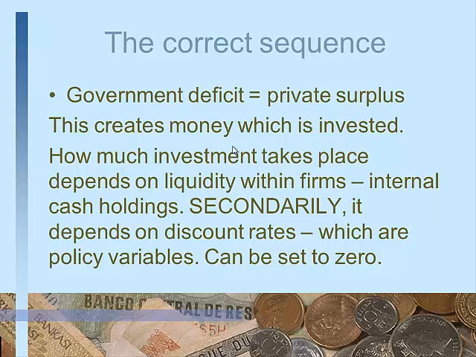Okay, I have explained this slide. Basically, a lot of investment takes place due to internal funds which are held by the firms. Firms also have reserves in terms of cash and savings, and they like to use these savings to invest rather than to borrow. So if they have internal liquidity, they will make investments regardless of what the rate of interest is. So the amount of investment is not subject to crowding out in the way that the theory says.